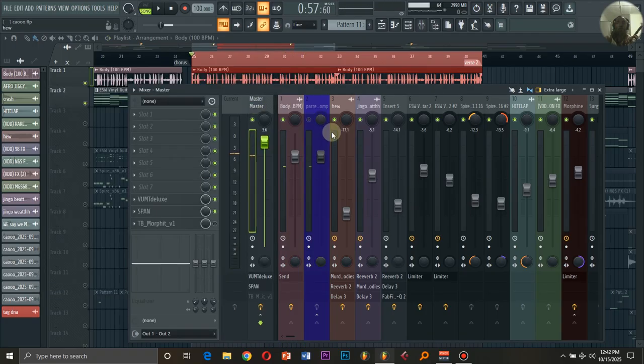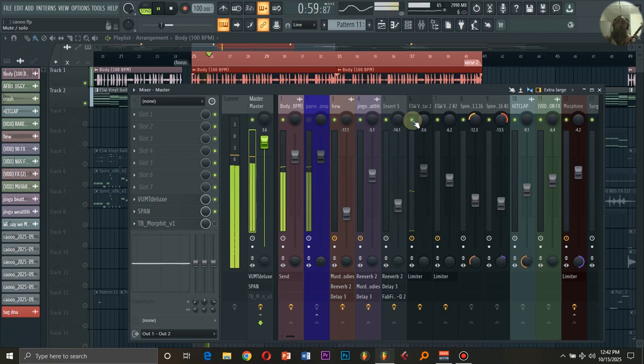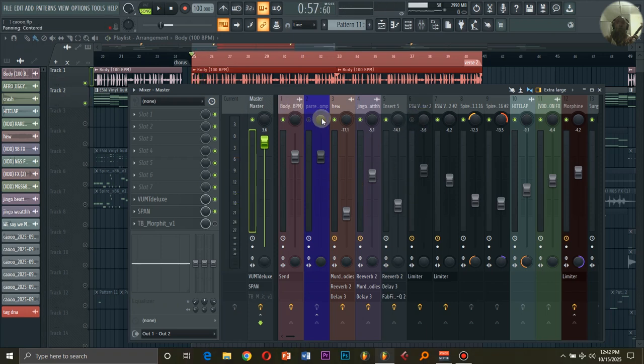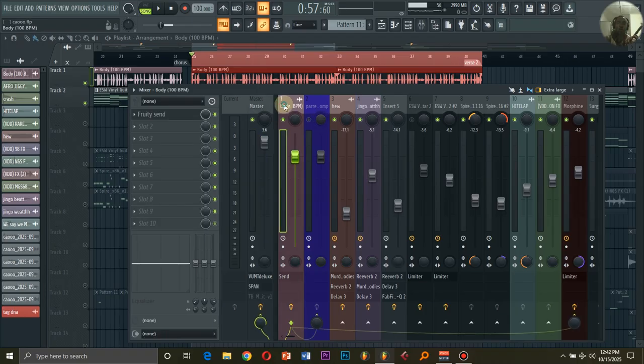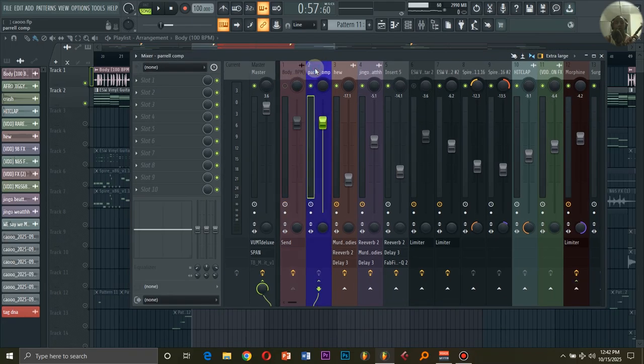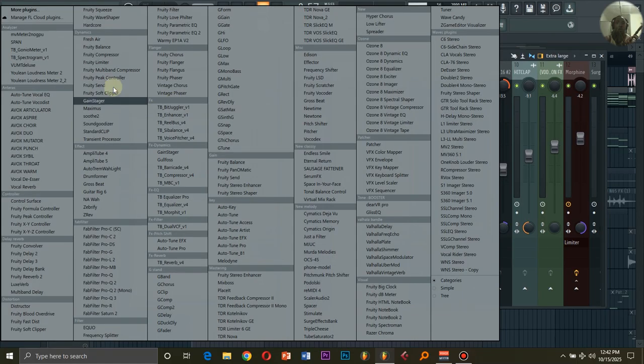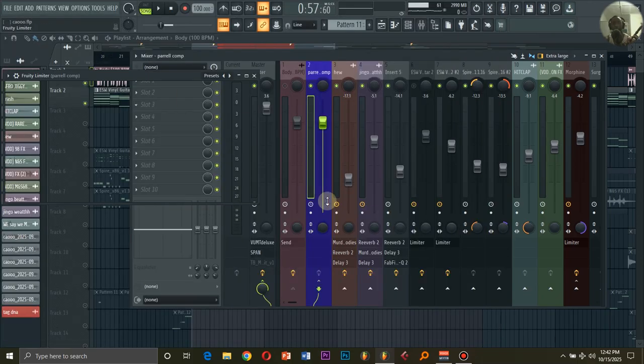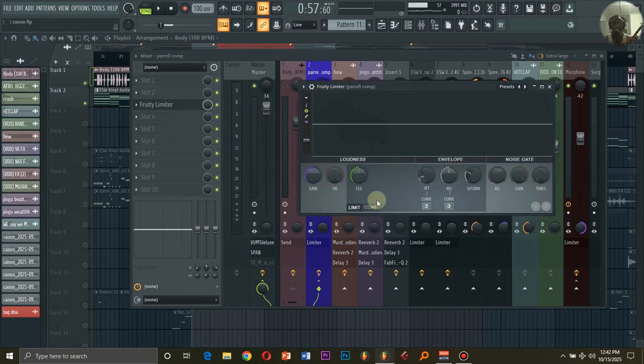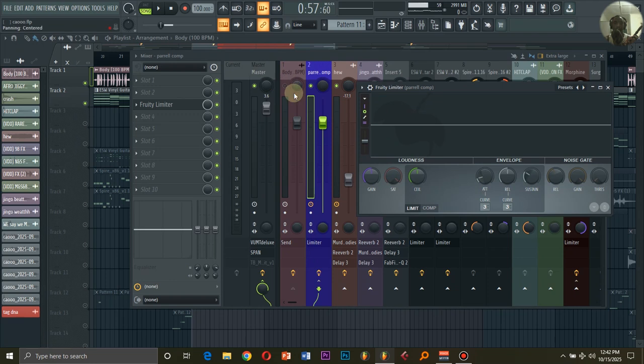Okay, we are talking about parallel compression. Let's not forget about the topic. So we've sent a copy to this, and we're going to mute this, and we're going to add compression on the copy. So let's stick with the stock compressor in FL Studio. In this case, we've muted the main sound here, and the copy is the one which is coming through this track. So let's play